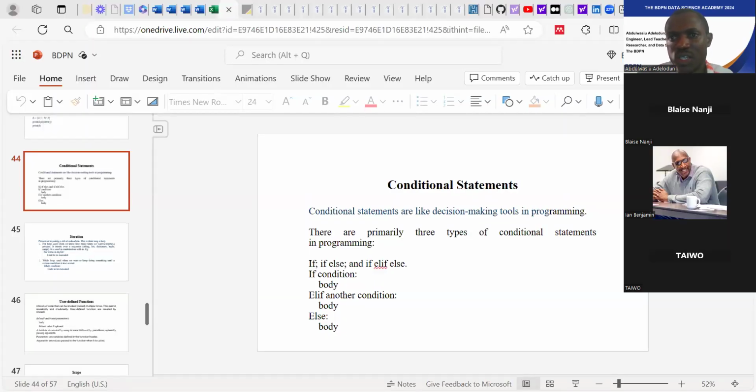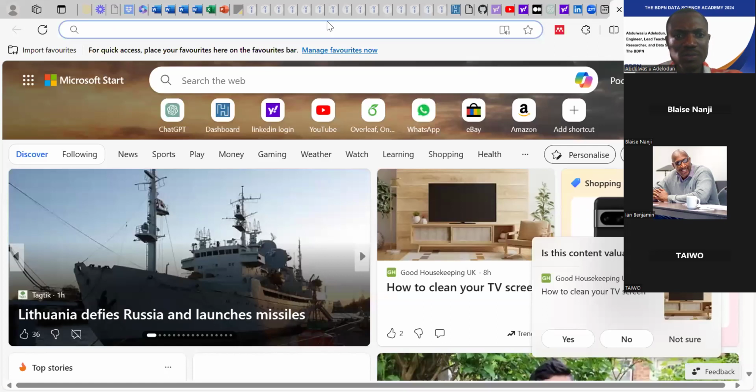I can't find it. Okay, but since I can't find it, let me just open another Google Colab there. So if I have a Google Colab,